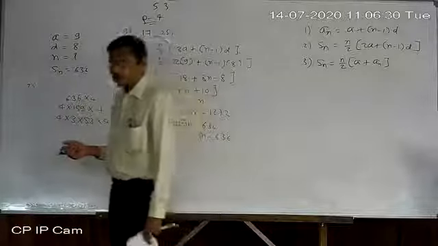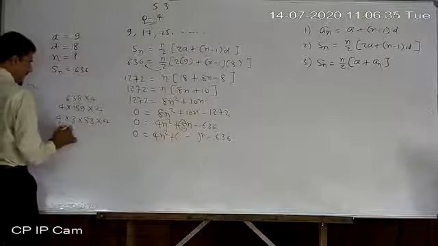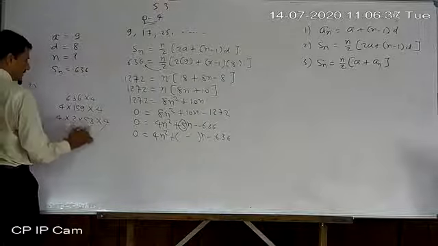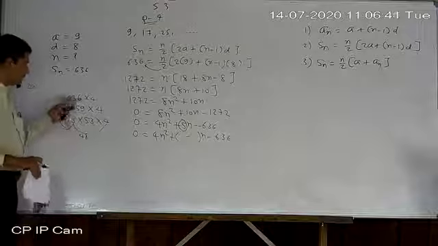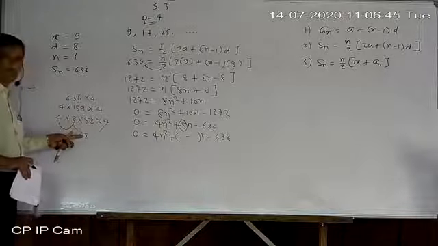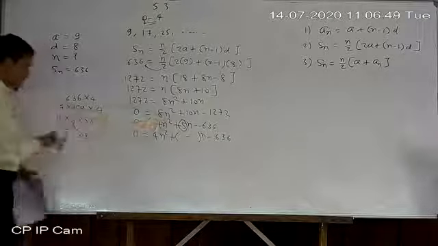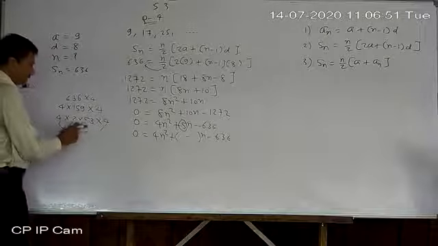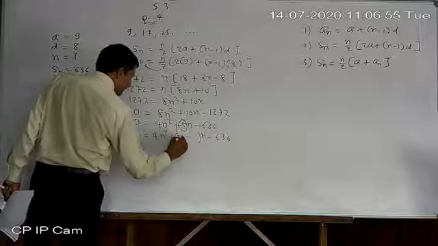Now just check: one factor is 53, then combine all the other factors. 4 times 3 is 12, times 4 is 48. So now look here, whatever number is there is a product of 53 and 48. Check whether its difference is 5 or not. Yes, its difference is 5. So we can take 53 and 48.